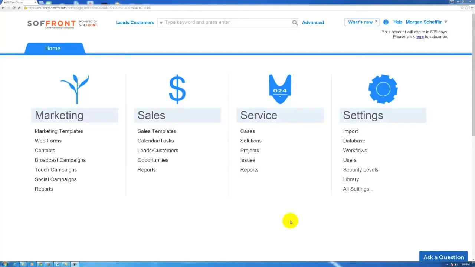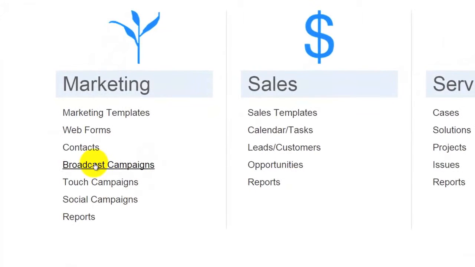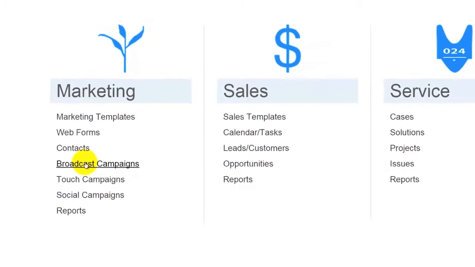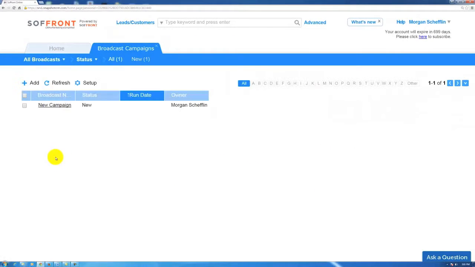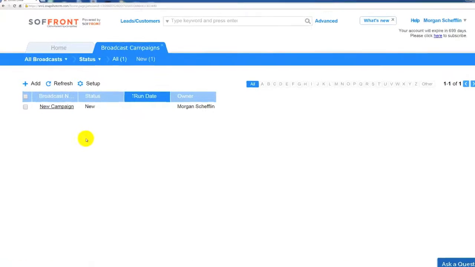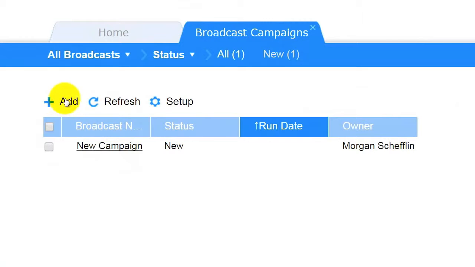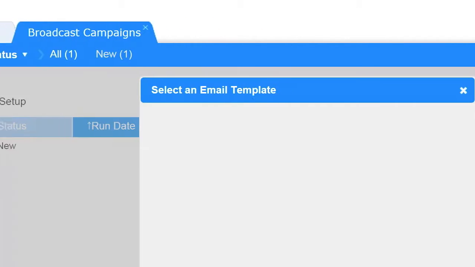Now when you log into your CRM, this is your home screen here, and I'm going to call your attention to the left hand side here where you have this menu item called broadcast campaigns. We're going to click in there, it's going to open up a new tab for us, and this will display any previous broadcast campaigns that were created. To make a new one, I'm going to click this add button here in the top left hand corner,